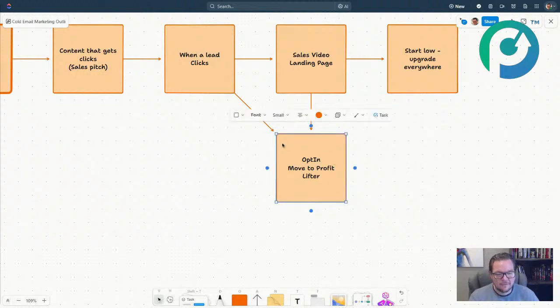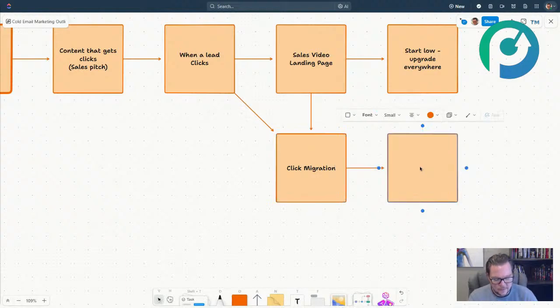But we want to have a couple different strategies when they land here. So the first one is, we're going to call this click migration. And then with that, we're going to call this a cold click